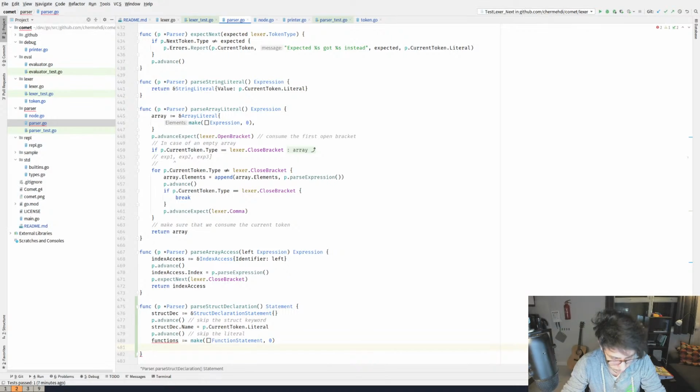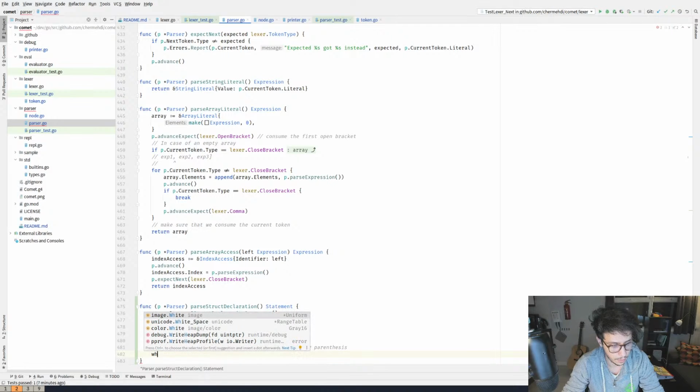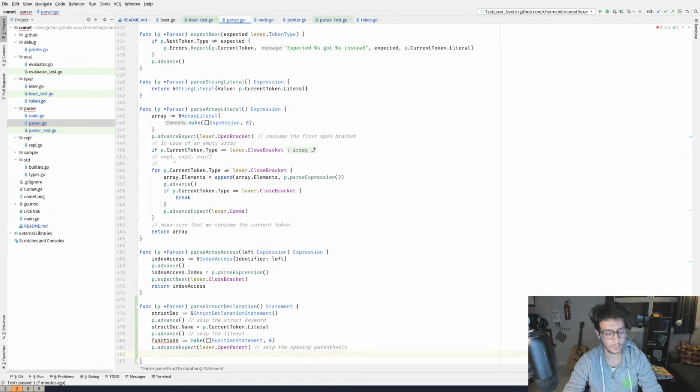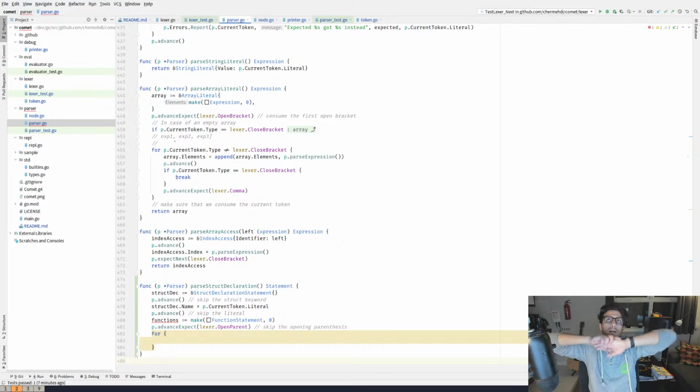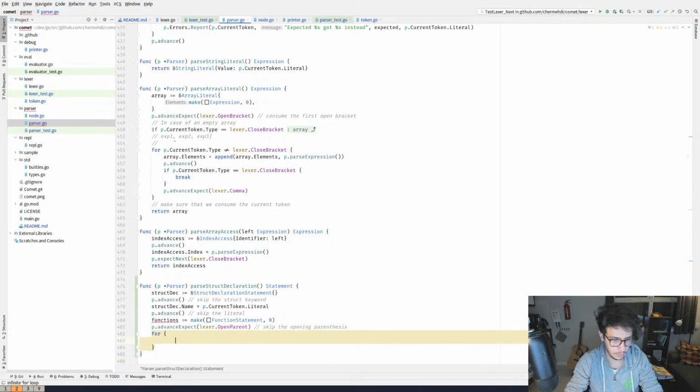And then I'll advance, skip the opening parenthesis, advance and expect that the current value is an open parenthesis, and then while we're going to do something until we reach the end of bracket, and not parentheses but open brace.